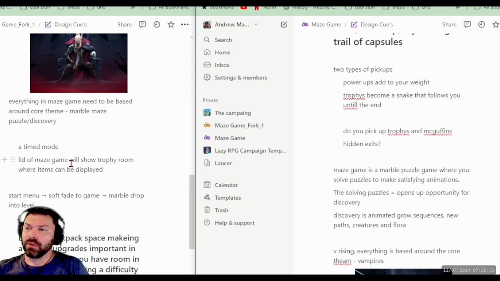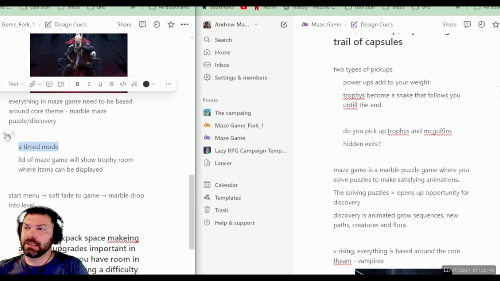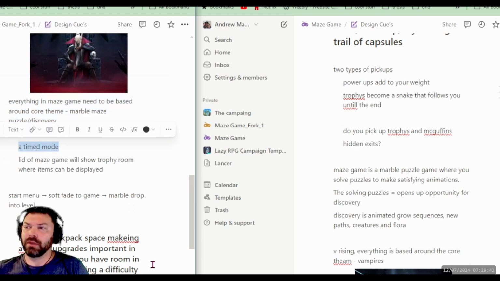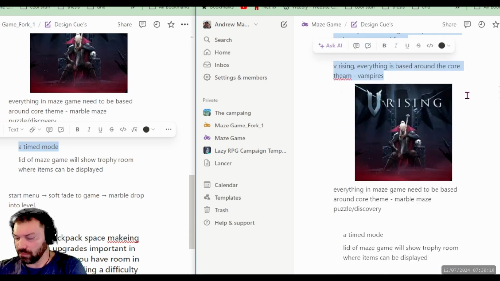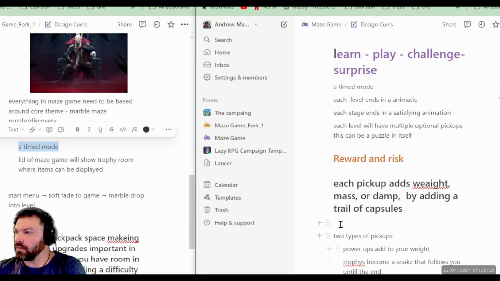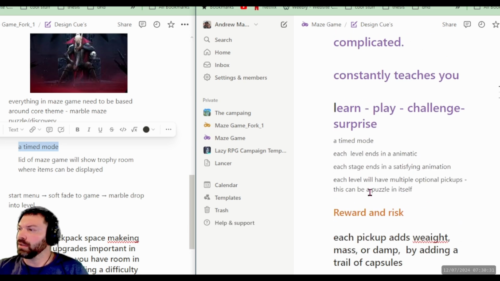Time mode. It needs to be based on the core theme, Marble Maze Puzzle Discovery. It should be kind of a time mode. I don't know. No questions, need to be statements. A time mode. Each level ends in an animation. Each stage ends in the same animation. Each level will have